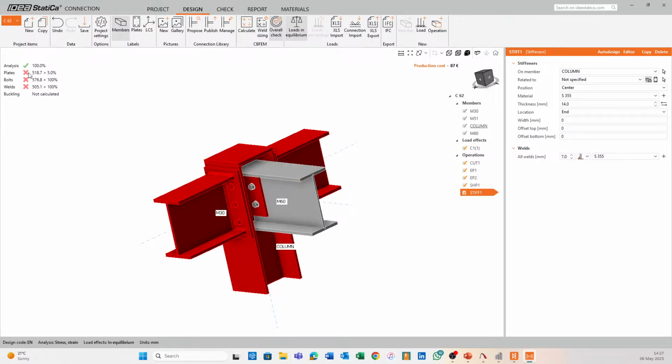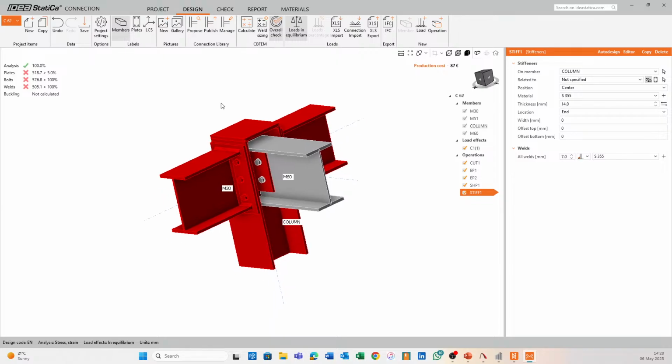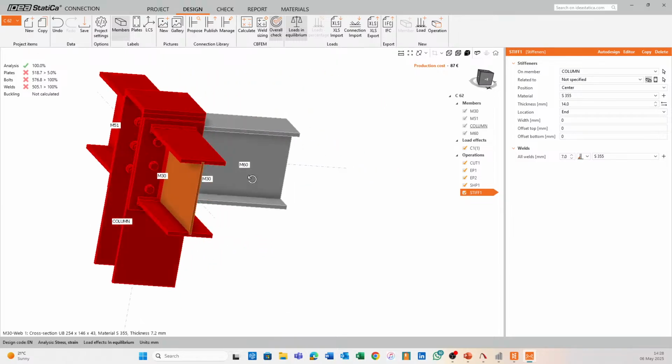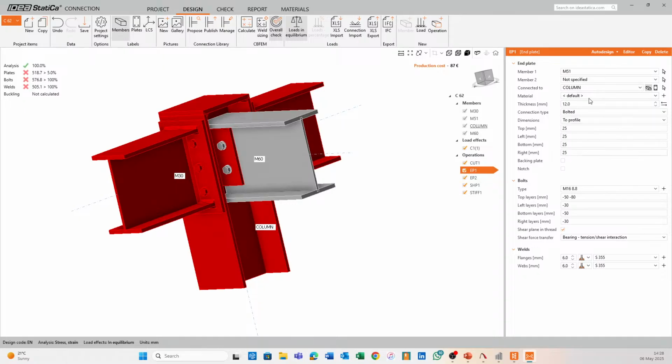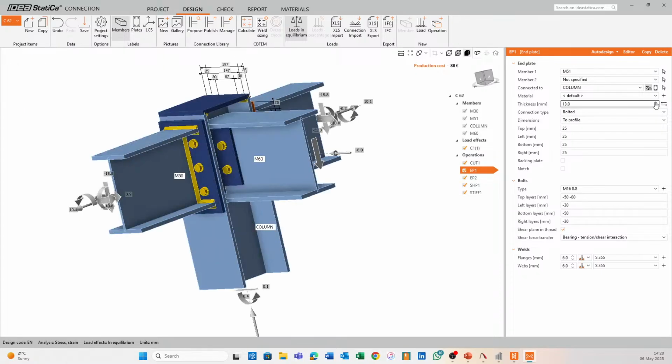You can see that with just the addition of that plate, we've actually gone less than half of what our previous plastic strain was. And you can see that's just adding a 14 mil stiffening plate. All right, so this entire member is giving us problems. And what we're going to do is start with maybe increasing the thickness of some of our end plates,